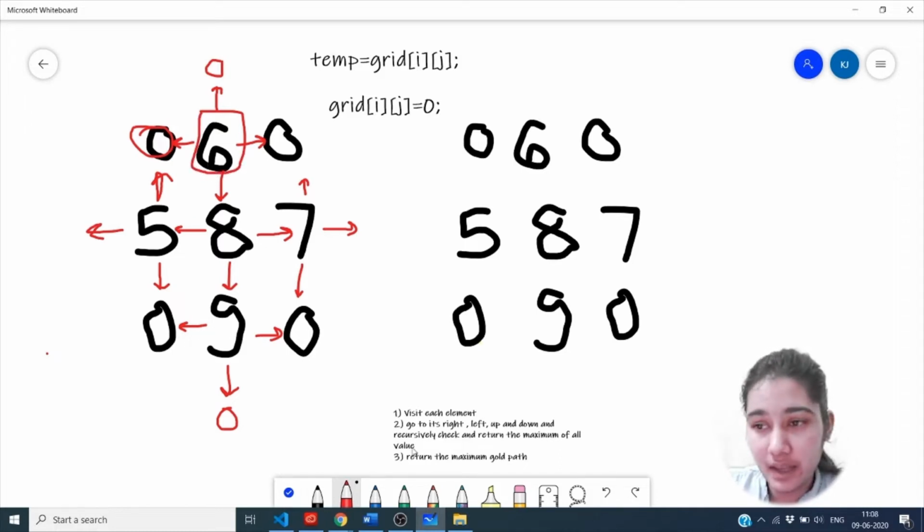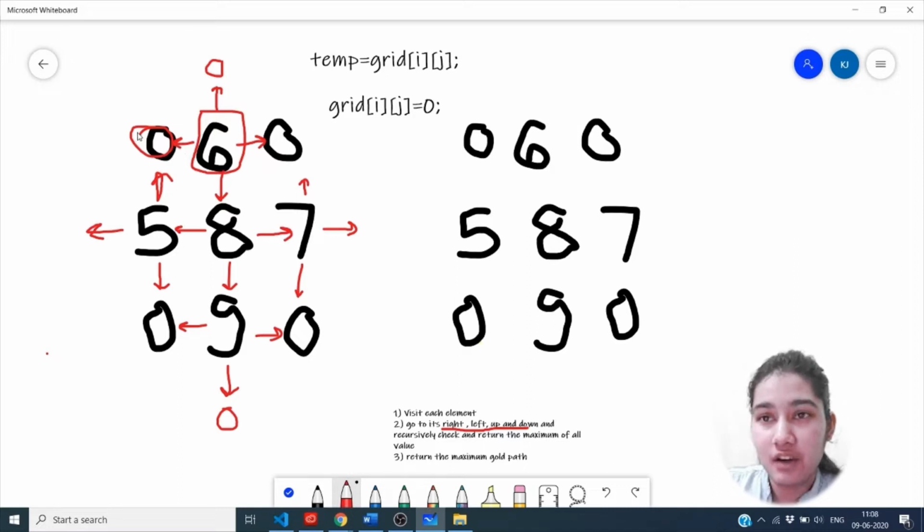The second step is to go to its right, left, up and down, recursively checking and returning the maximum of all the values. And the third is, after iterating over every element, we have to return the maximum value to get the maximum gold path.